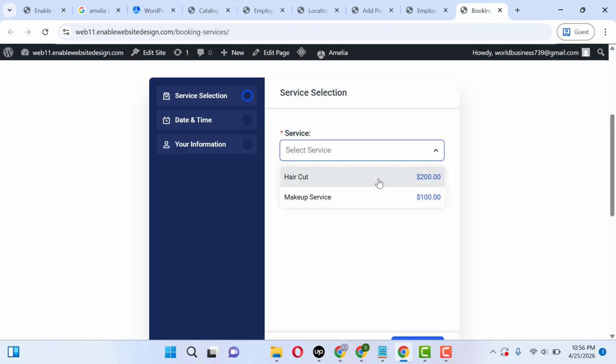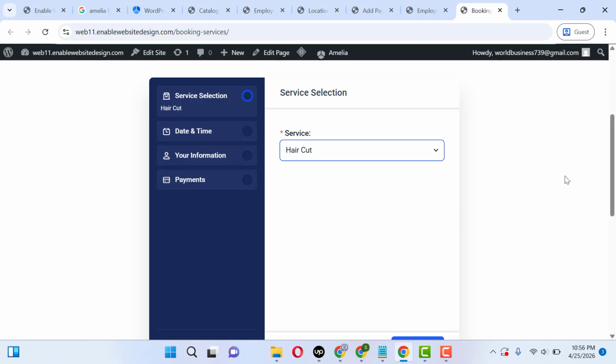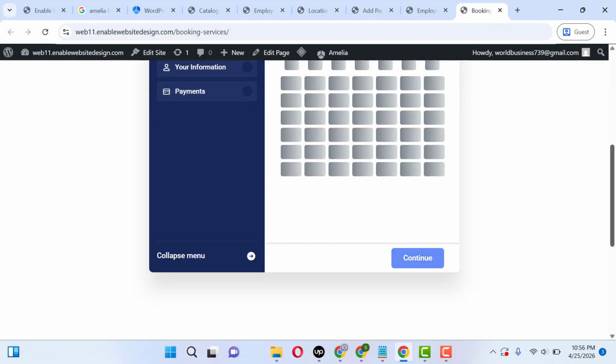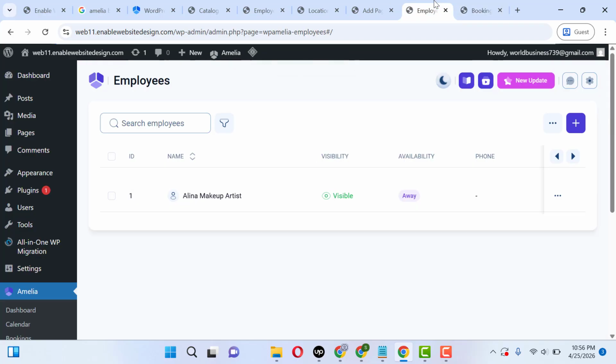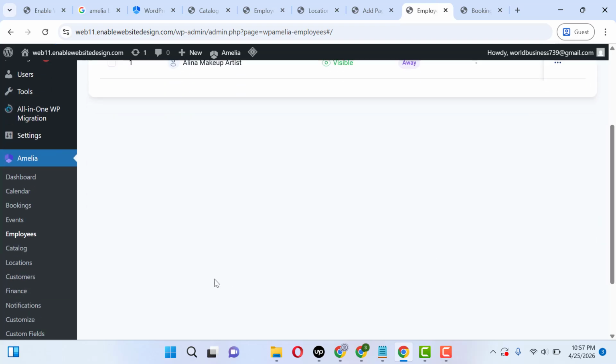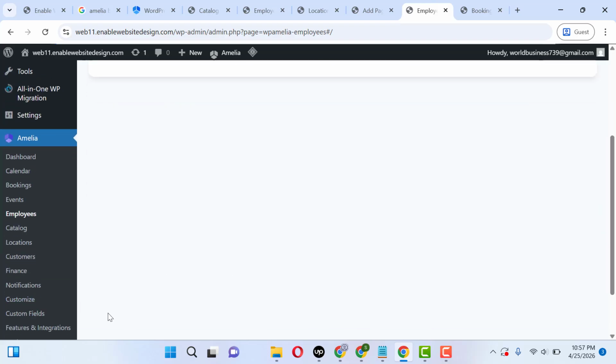We need to select the service, this one, haircut available for the 200, makeup service 100. So let me select this one, then click continue button, and after that here you can see we have selected only this day, so that looks fine. After that, for the payment, how you can do that, again let me go back and then select this one,